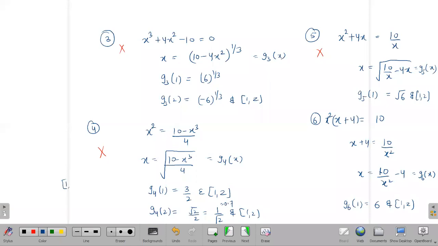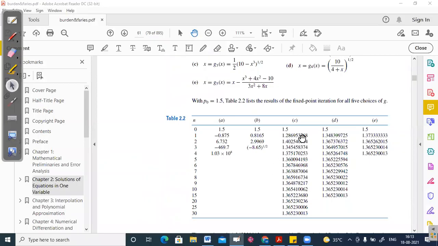So here you can see if I don't take 1 2, and instead just take the interval 1 to 1.5, and check the maps into itself condition, then maybe this g of x will work for this interval, because if I check at 1.5, it belongs to 1 to 1.5. So in this case we are getting the convergence, but it is a very slow convergence in this interval 1 2.